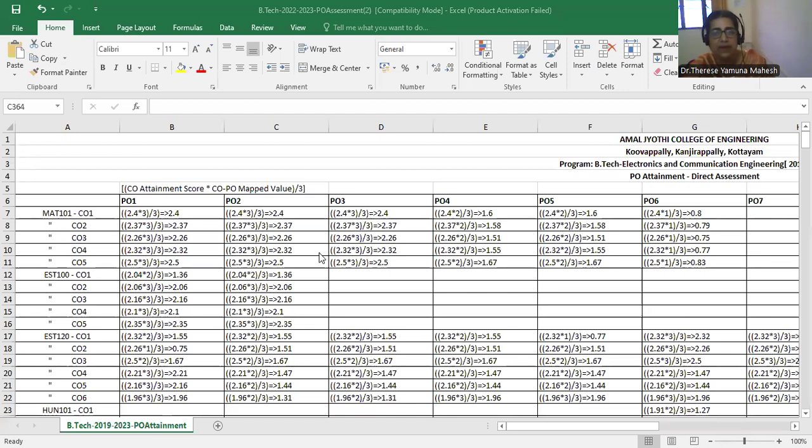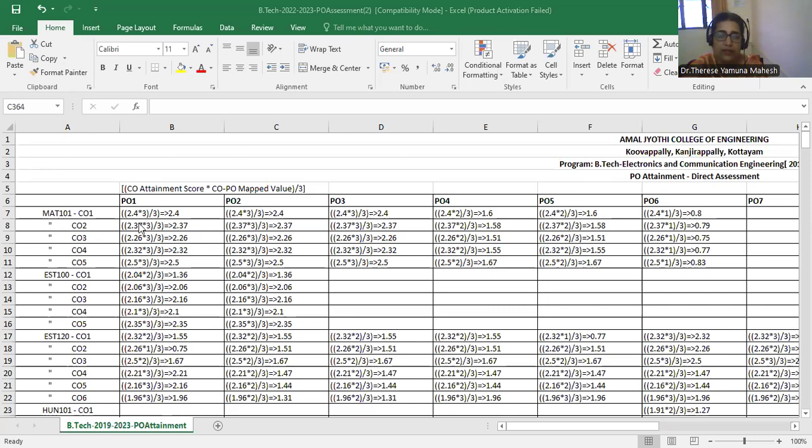So the next sheet will be the PO assessment, PO attainment sheet for the direct assessment. So let us see how this sheet is filled up. We should remember the CO attainment sheet and the CO-PO